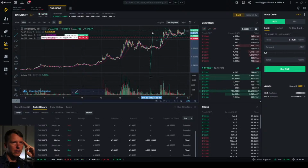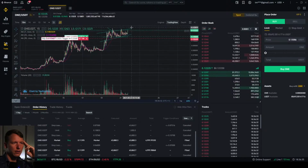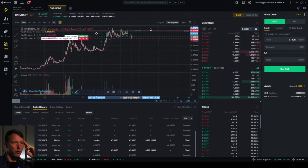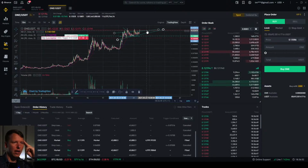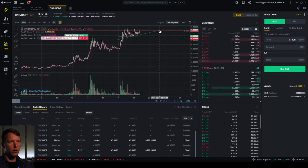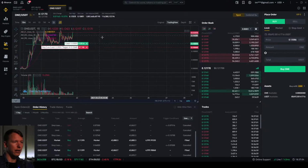And the idea is, this thing's in my way. The idea is, if we project this out just a little bit, potentially if it gets to somewhere around here, it's going to rip up again, or potentially rip down. Something will probably happen once this consolidates. So if you want to place a bet that it's going to rip up while limiting your loss if it goes down, then what you can do is something like I've done here,